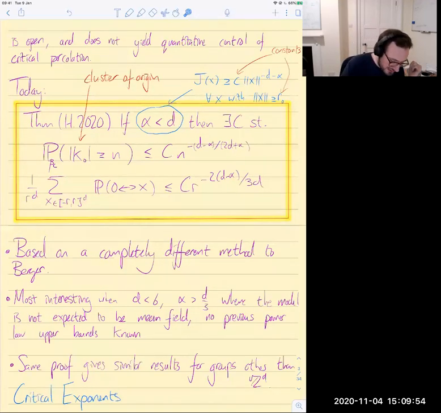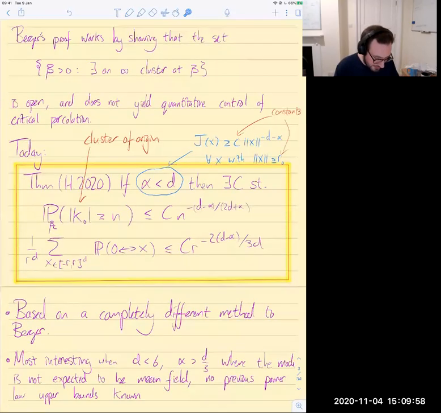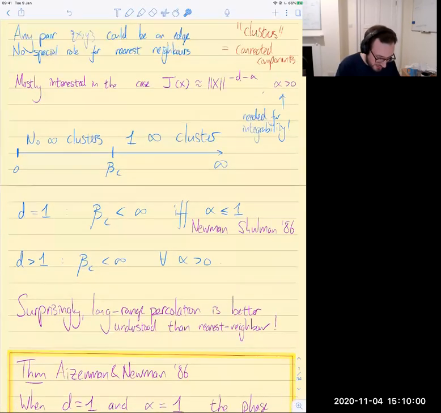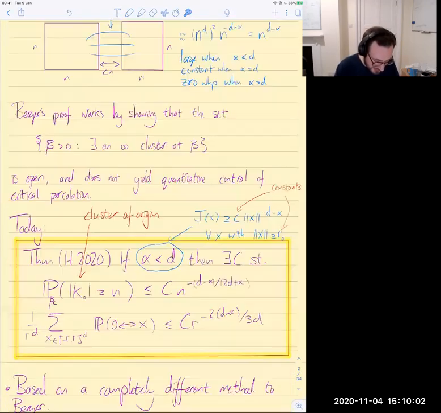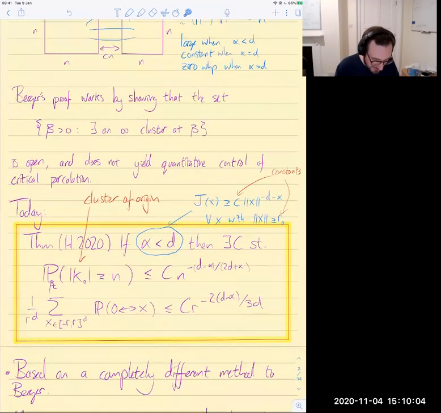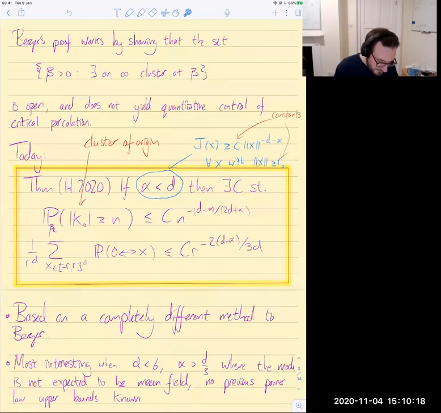So we're going to have the same assumption, and you might complain that I didn't really define this properly earlier. So here's the concrete thing: I'm just going to assume that I have a lower bound of this form. J of x is at least a constant times the norm of x to the minus d minus alpha, for sufficiently large x. Then, given this assumption,